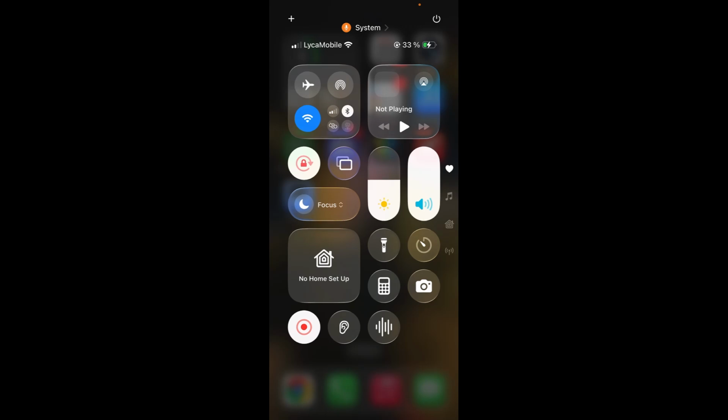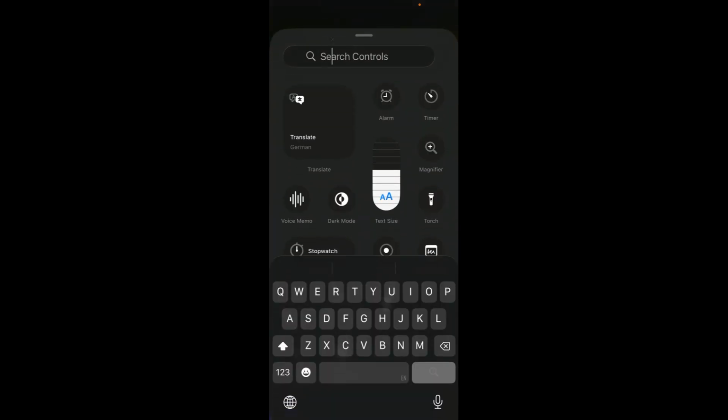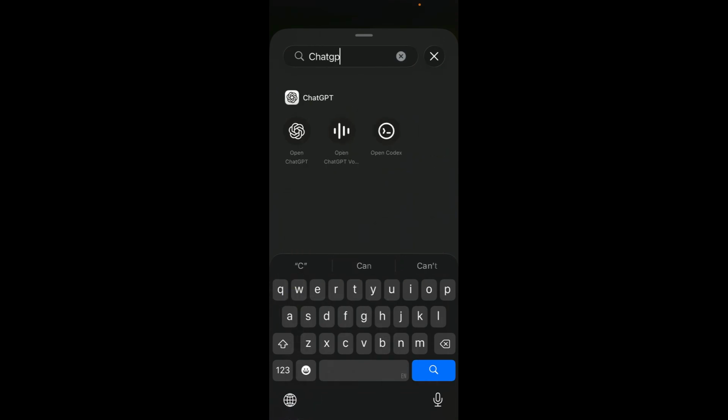Go to your control center and click on plus, click on add a control, and then click on ChatGPT. Now here you can see that I have three controls from ChatGPT, and these are built in. Like when you download ChatGPT and you go to the control center and go here, these three controls should appear by default. So we have open ChatGPT, so the app, then we have open ChatGPT voice, so you can directly